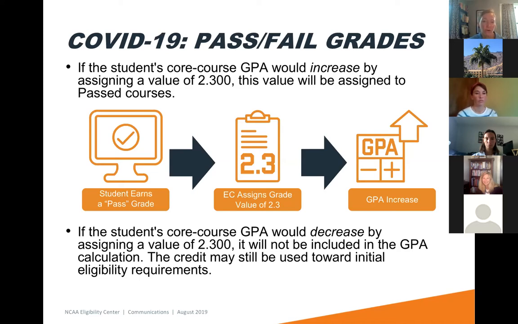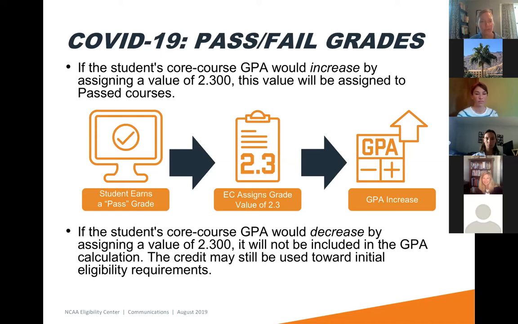If the student's core course GPA would decrease by assigning a value of 2.3, so essentially if they had been an A or B student and a 2.3 would lower their GPA, it would not be included in that GPA calculation, but it will still count toward those 16 courses. The 2.3